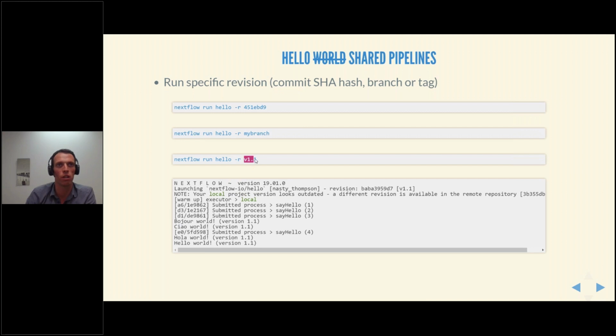So if you've tagged your commit with a specific tag, like here the version 1.1, Nextflow will pull or check out the correct revision and execute that rather than just the head of master as it would normally. So as we can see, the version 1.1 is being executed here in this case.